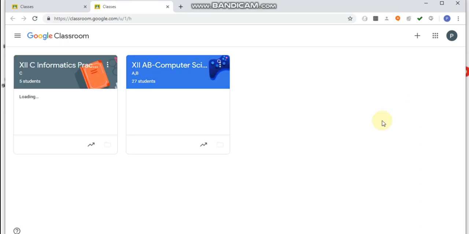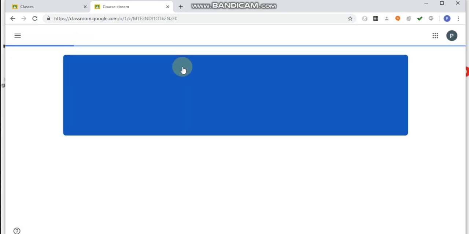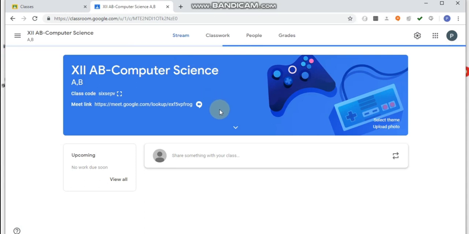So I am logging in using the G Suite ID which we have got from our organization as a teacher. So I have two classes, 12AB Computer Science and 12C Informatics Practices. So now clicking on one of the classrooms, 12AB Computer Science.